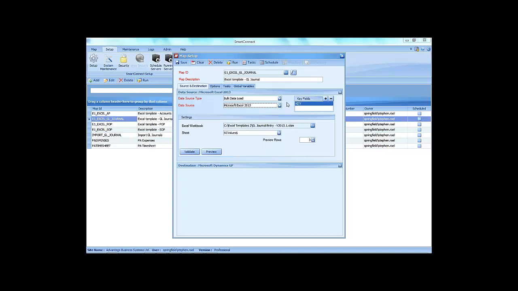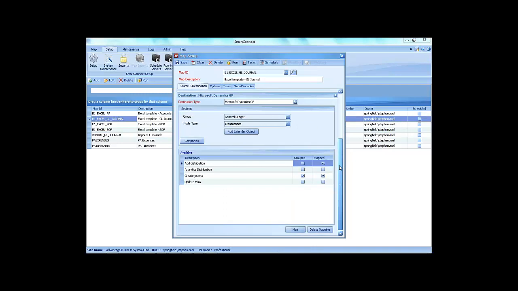Okay. Once we've selected our source file, we will then go into our destinations. For our destinations, we can choose a number of different types. So it could be that we want to export the data to a file. It could be that I want to test my import by importing it not into GP, but to a GP file where it will